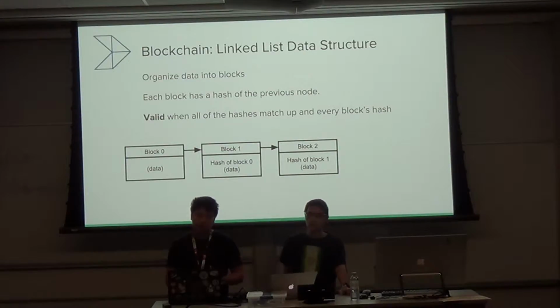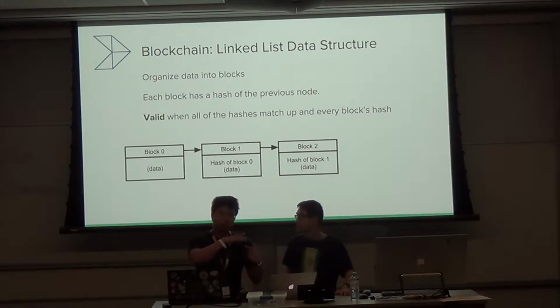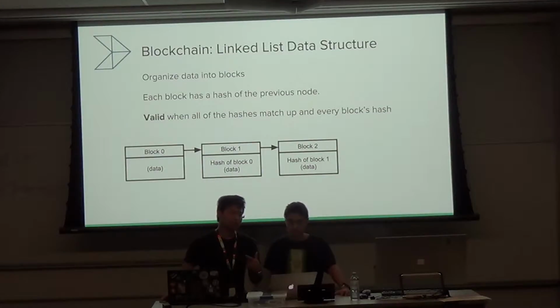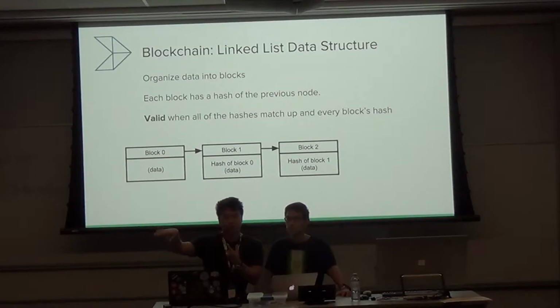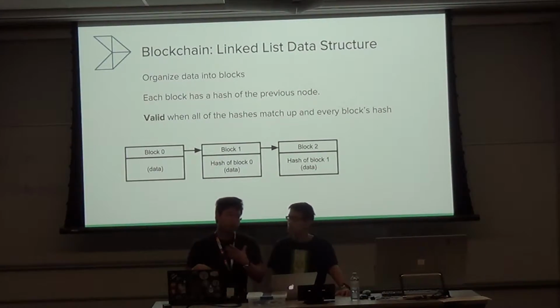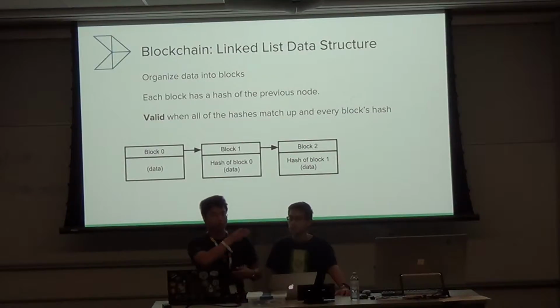A linked list is a data structure consisting of nodes, which are structures that point to next nodes. So nodes point to other nodes in a linear fashion. If you want to append something to the end of the linked list, you take the last node, which you have a reference to, make a new node, and make the last node point to your new node. If you want to modify something, you have to start from the beginning, go over to the place that you want to modify, and then modify it. And that takes linear time.